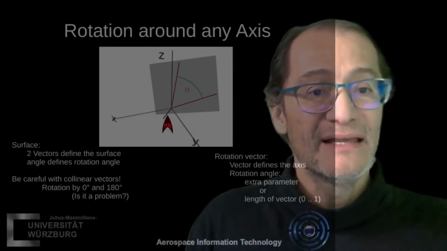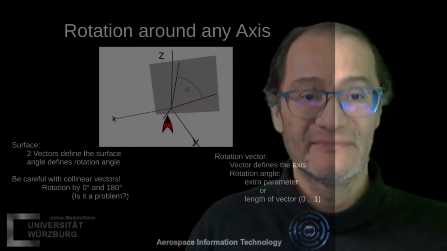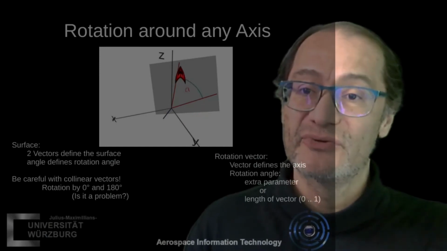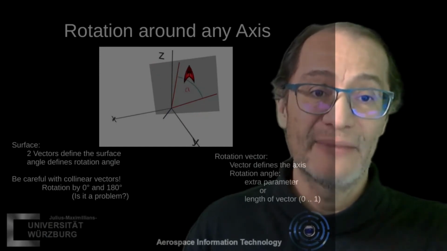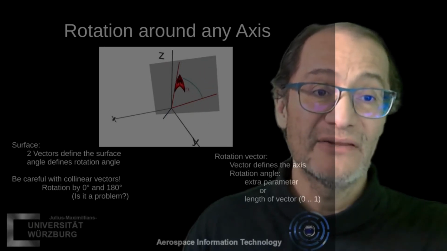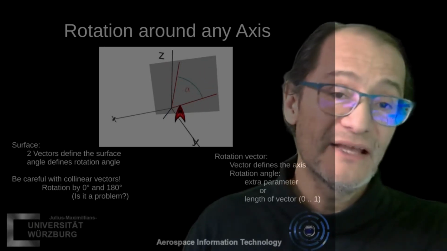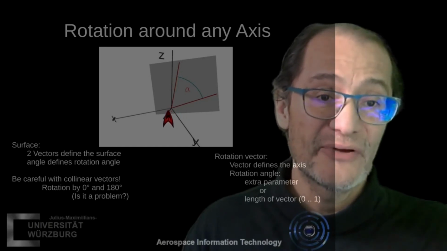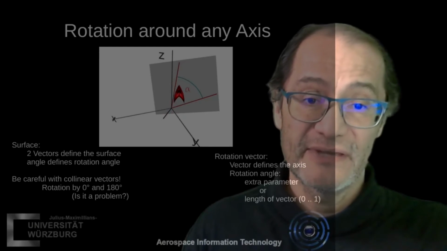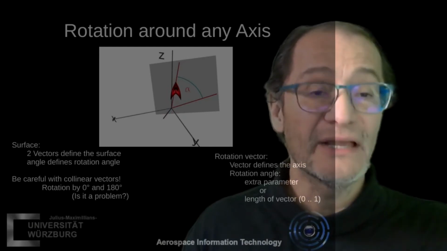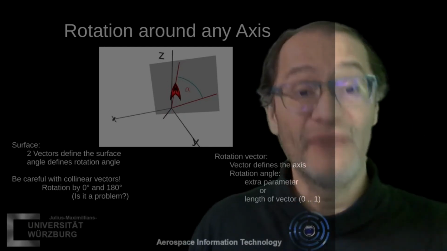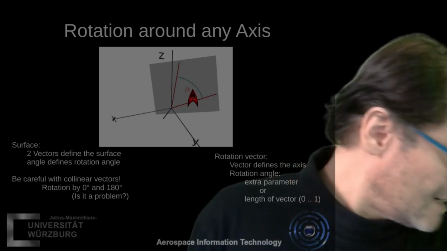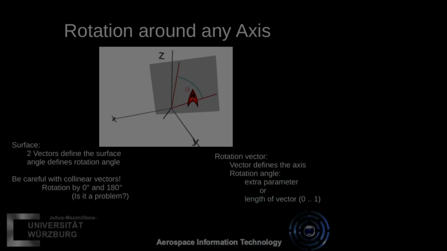Okay, here let's combine both of them. I am rotating from this vector through this vector. So I could say I have this plane and I am rotating on this plane. Or I can find the orthogonal vector to both of them, and then I can say I am going to rotate around this vector from here to here. Okay, and then I need 2 vectors. And with 2 vectors, I can define a plane in a 3-dimensional space. For example,